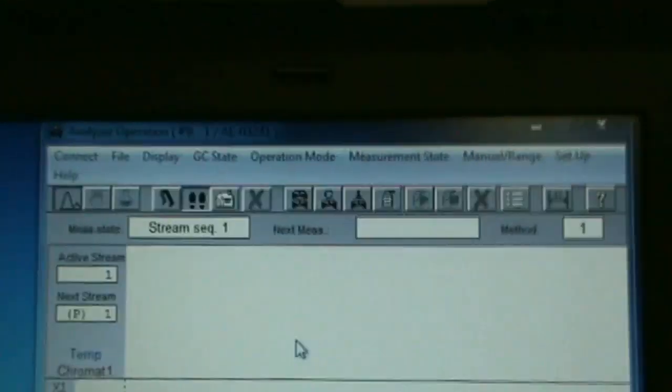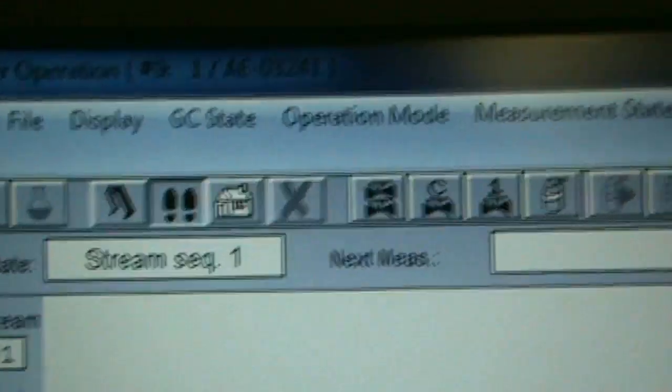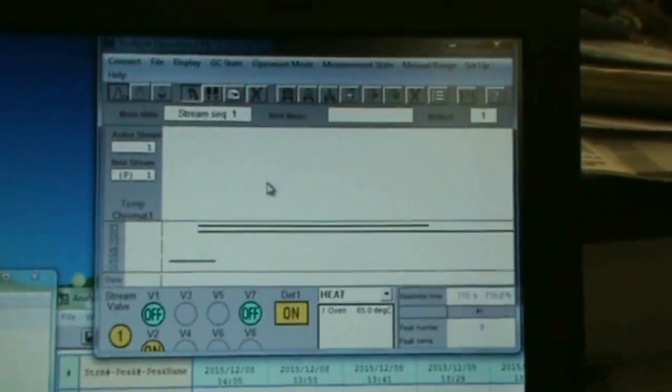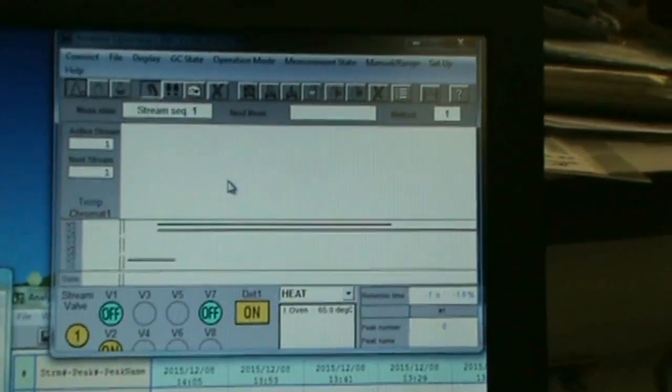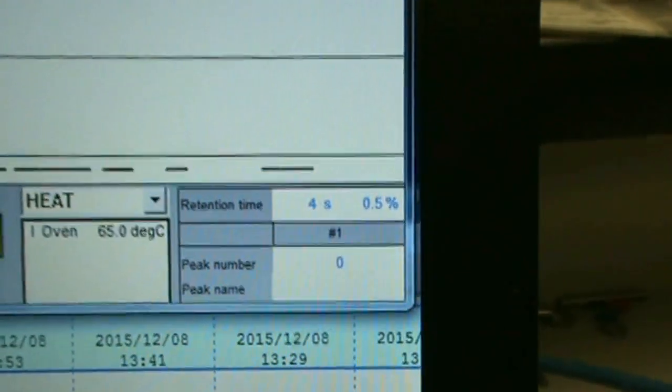Now, what do you think is run? Really? What do you think is pause? What do you think is stop? Alright, so if we go up here, we're going to tell it to run. Alright, there is running. Now we don't have any sample going at this point in time, but that is how you put it into run. Now, we want to watch